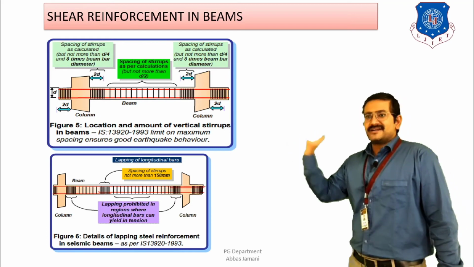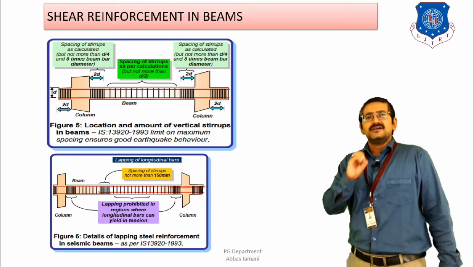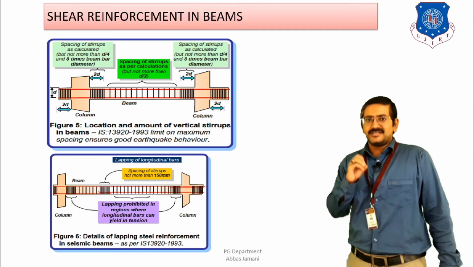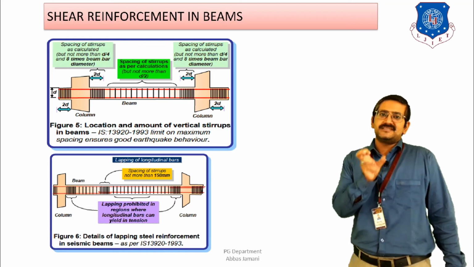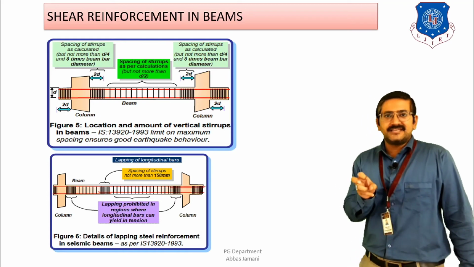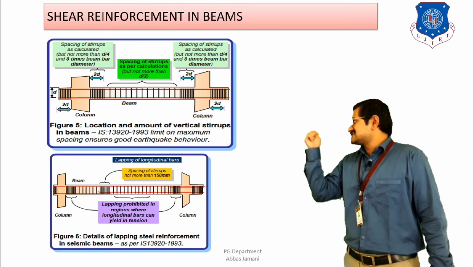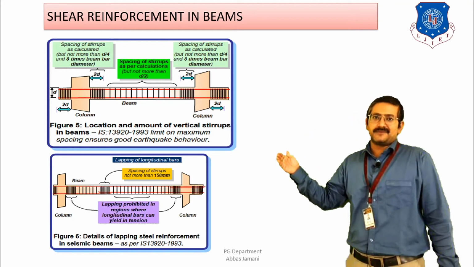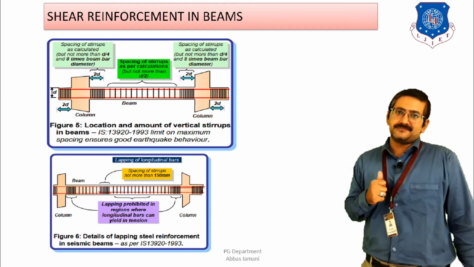And if I am going to provide stirrups in the center portion, the shear reinforcement requirement is going to be less. Why? Because the central portion of the beam is going to have minimum shear force value, and the possibility of a point of zero shear is also likely to be there. So as a result, the code suggests that in that particular region, the spacing of stirrups can be increased, and that spacing has to be d by 2. That is, at the support we have the spacing of d by 4, so exactly double spacing is to be considered for the remaining span in the beam, right? So these are the guidelines for shear reinforcement as per IS 13920.